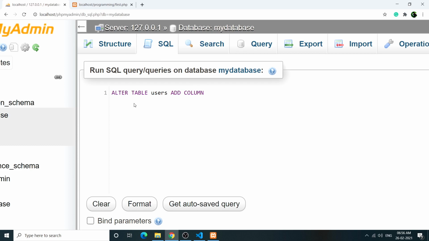Column name, what should be the column name in this case? We have username, email ID, and let's keep as mobile number. I will simply say mob underscore no, shortcut. Mobile number, which will be int. Okay, simple,